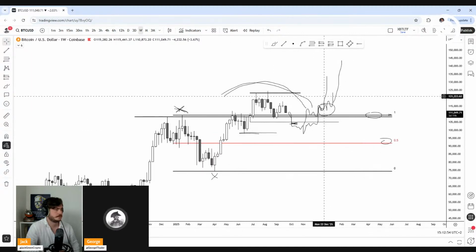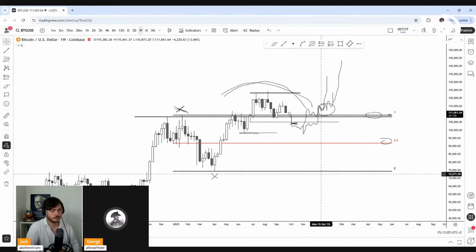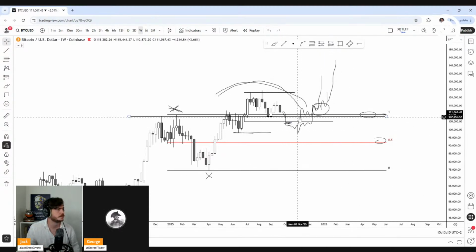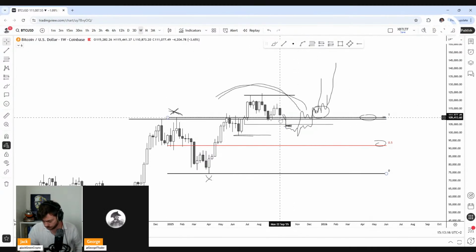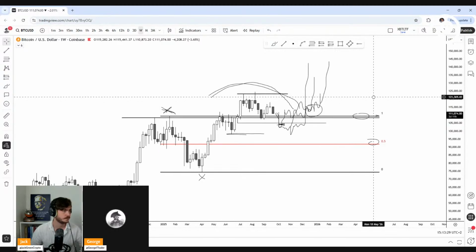So, small recap. Dumping below these range highs on the higher time frames wouldn't be a good sign. At that point, I would be targeting lower, and I would be looking for shorts on lower time frame pumps, as long as we hold above this, because we're still trading above it, right? I could see bounces, and I could still see us close strong on the monthly, still see a quick liquidity grab below here, but no higher time frame closes, and still trade towards all-time highs after that.